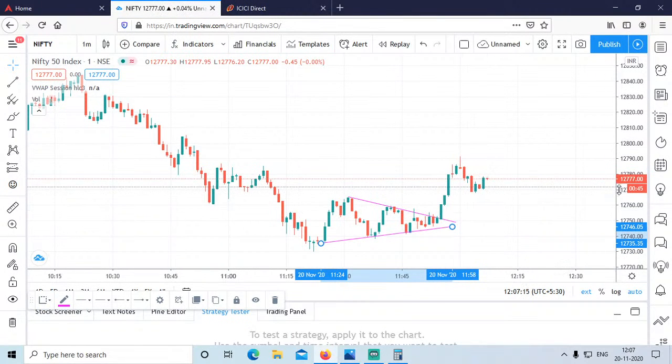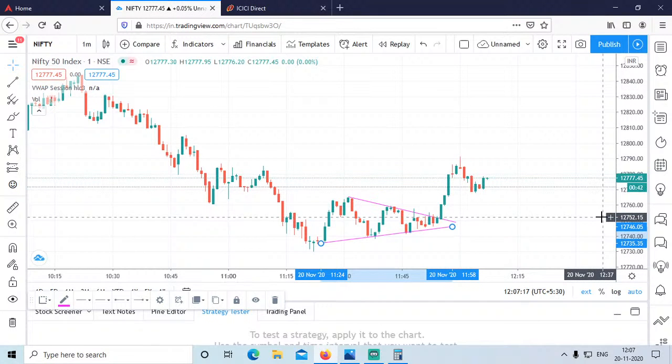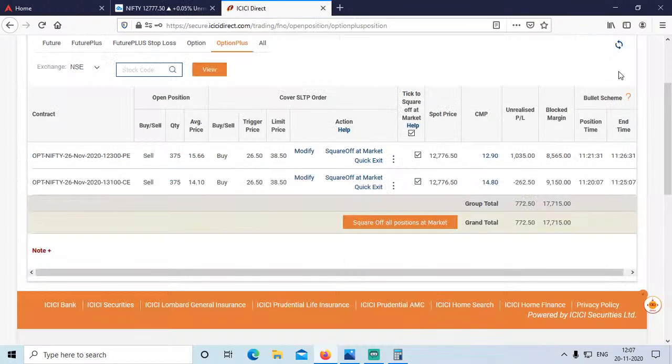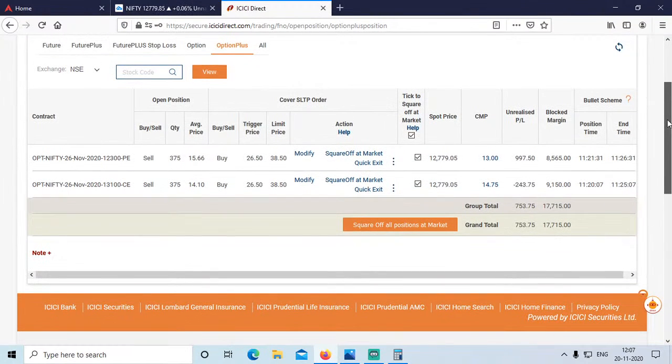Market is 12,777. So the market did not move rapidly here and there. It is just doing a time pass, and that's what we want because we are option sellers. We want the market to do time pass and our profit will keep on increasing. If the market is rapidly moving upside or downside, then also we will be getting profit, like moving 30 points here and there or 50 points here and there. We are absolutely not bothered about this because we are